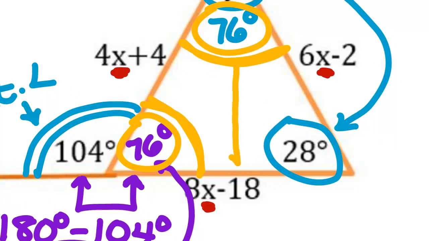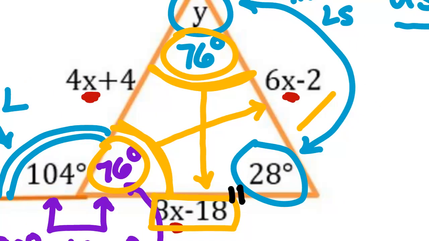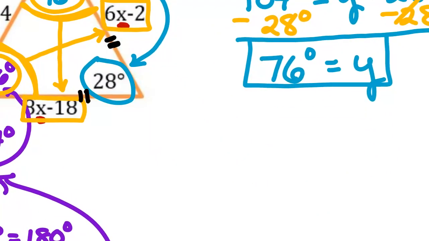So bottom one, because we follow this angle across here, that takes me to 8x plus 18. So this is one of my congruent sides. Right down here. And the other 76 degree angle, the other one that is congruent, it's right here, and I follow that across here. So 6x minus 2 is the other expression for the side that is congruent. So to find x,